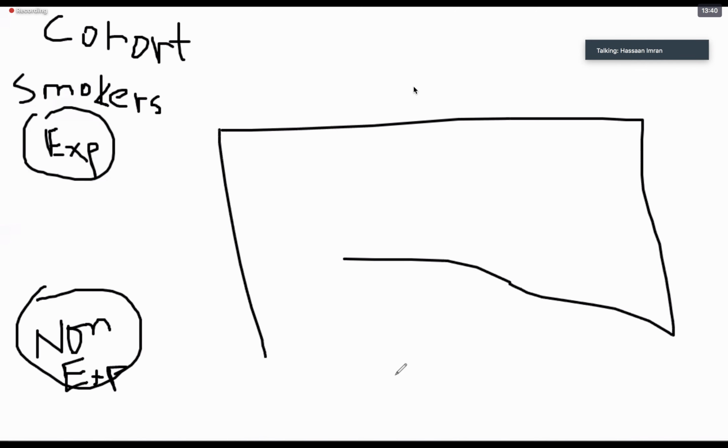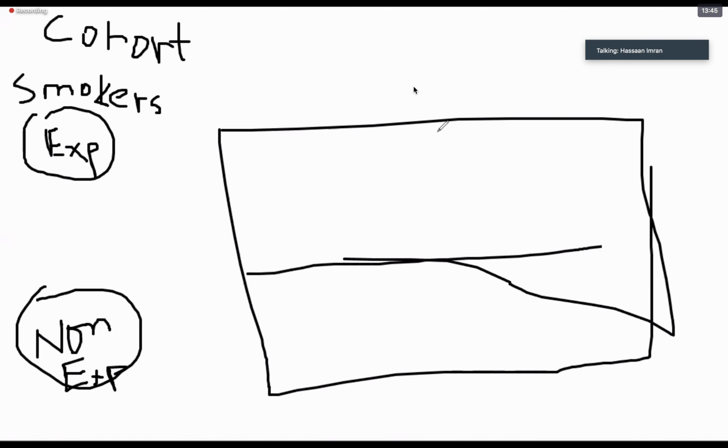Sorry, as far as the disease outcome is concerned. Now see, these are the two groups, Shabir, with which we have taken a start. If I put them against this, what we want to see over a period of time is how many of them will end up with the disease and how many won't develop it, right? Similarly, for the non-exposed, how many will develop the disease and how many won't. This is the pattern that we are going to follow in a cohort study.